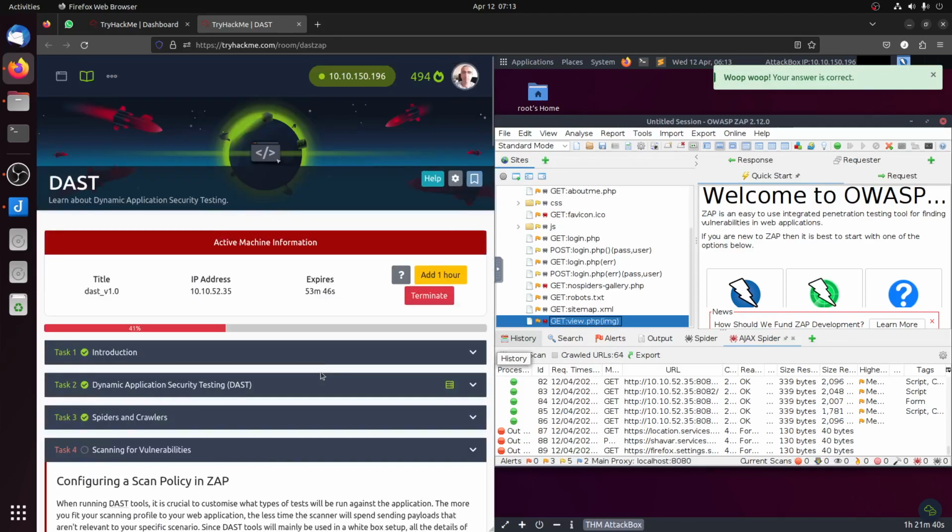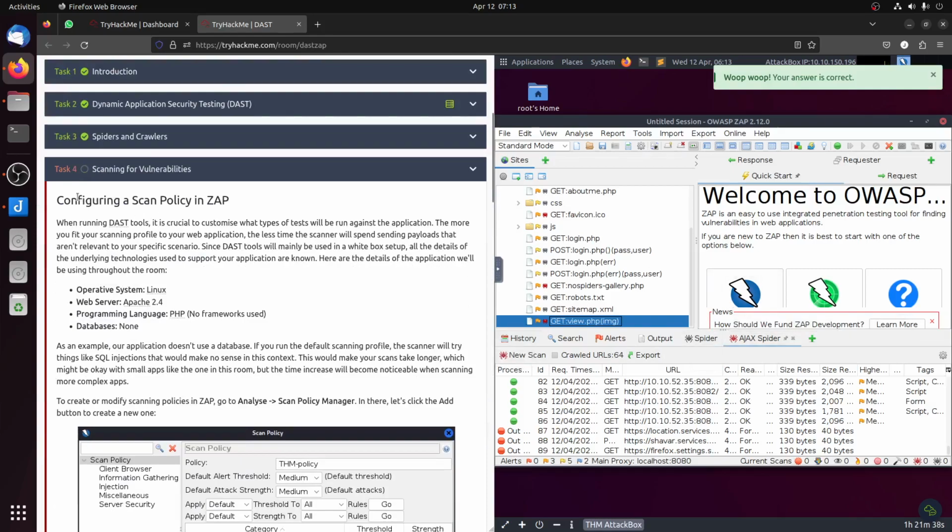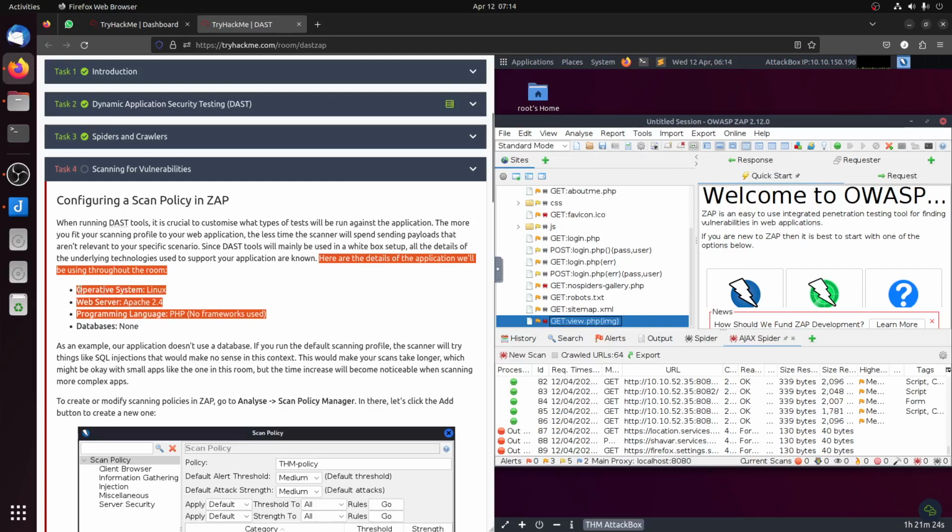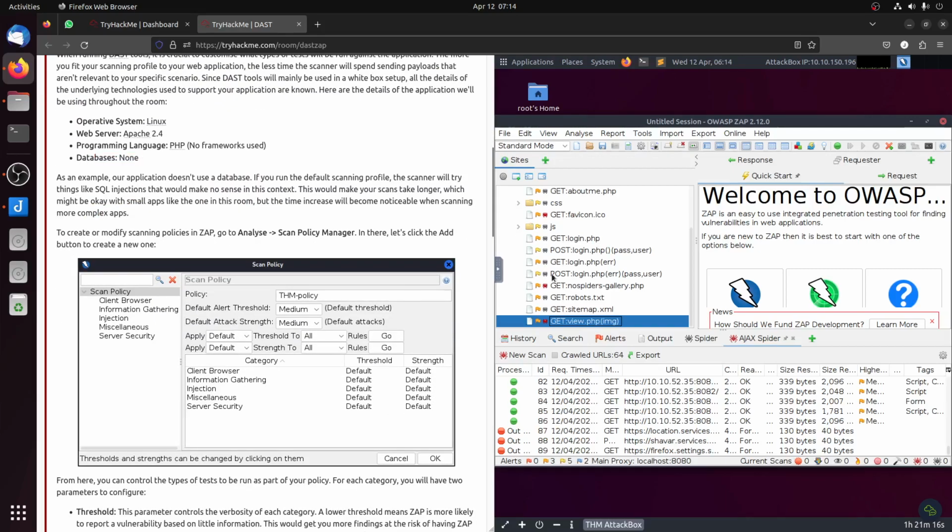Now that we did this, we move on to the attack policies. The policy means that when we run an attack, ZAP will do everything. But sometimes we have an idea of our application, like here the details: it has a Linux operating system, a web server, a language, a framework, and a database. So the logical thing to do is